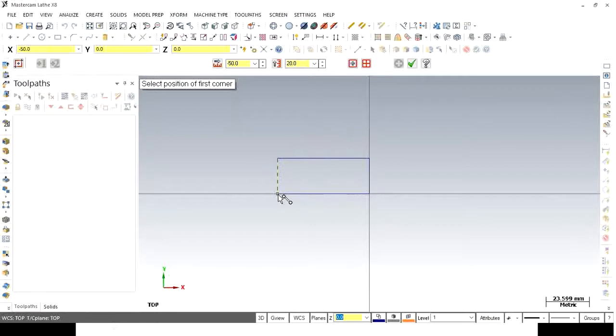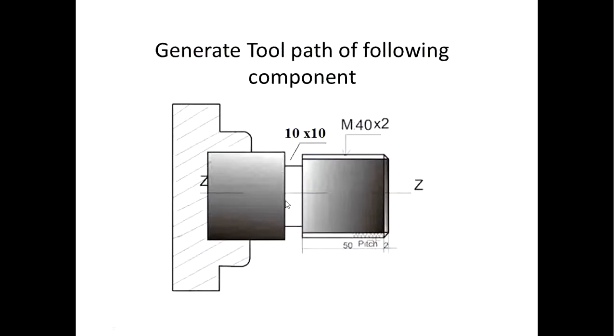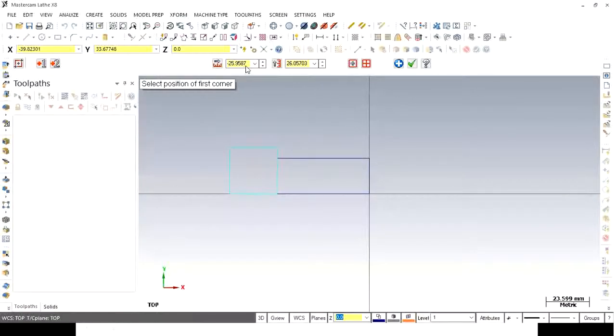The second rectangle is again from this point. You can click anywhere and then give the dimensions. Now, if you observe this, the second rectangle we are going to create is of groove type, so 10 by 10 mm. So the length is again taken as 10, and this height of the groove is 10. So 40 minus 10 will be 30. So the total height is 30, and half of that we are going to take as 15 mm in the software. So for this rectangle, the length is minus 10 and the height is 15, half of 30. Then again, click on apply.